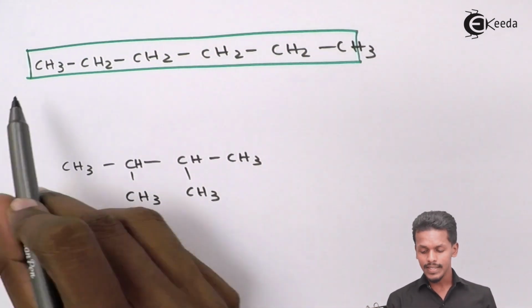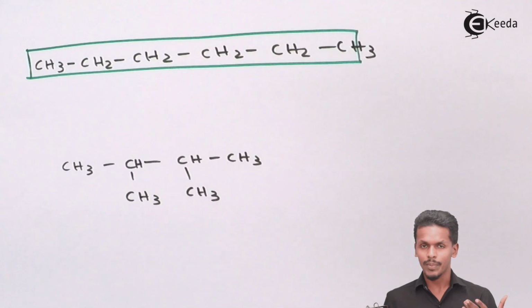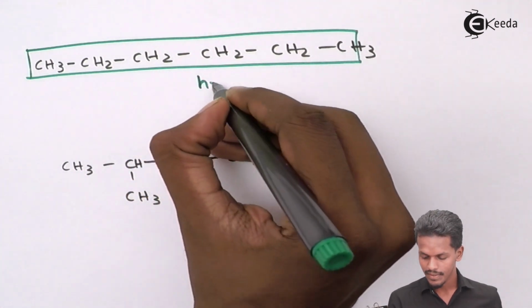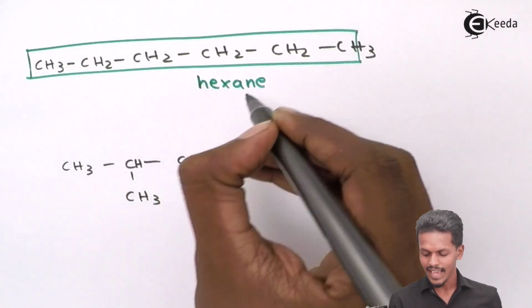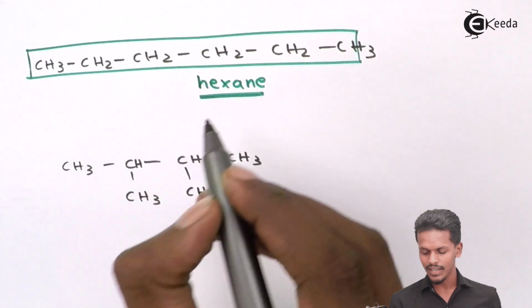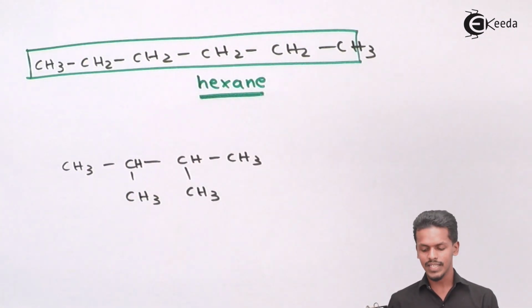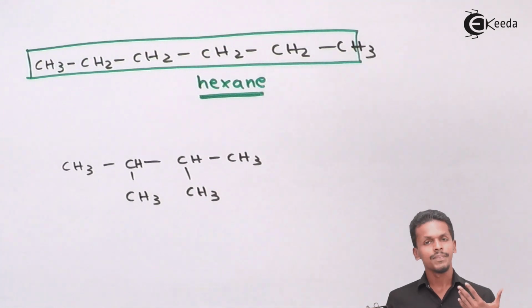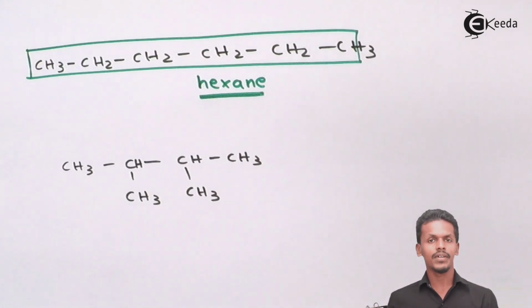So because this is having 6 carbon atoms, and all are in a straight chain, the name of this would be hexane. And this hexane is the parent name that we have. Even more, we could say that this is in a straight chain, so we could also call it n-hexane, but it is more preferably called